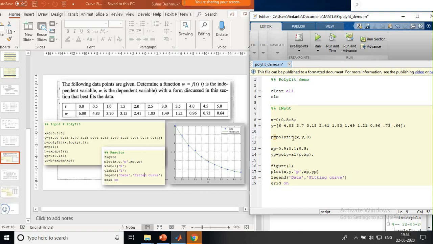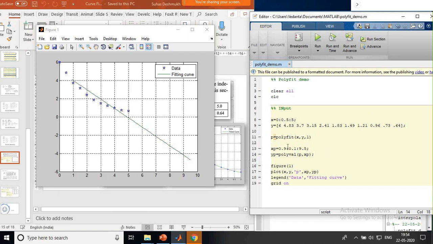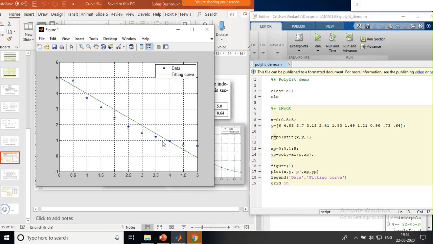Obviously, if I take x and y and fit them with one line, just look at what is going to happen here directly. If I do it, it will convert that into a straight line. It doesn't follow this curve. Okay, so I need to change this from 0 to 5. So this is 0 and this is 5. Just look at it. It is not following this exponential growth.